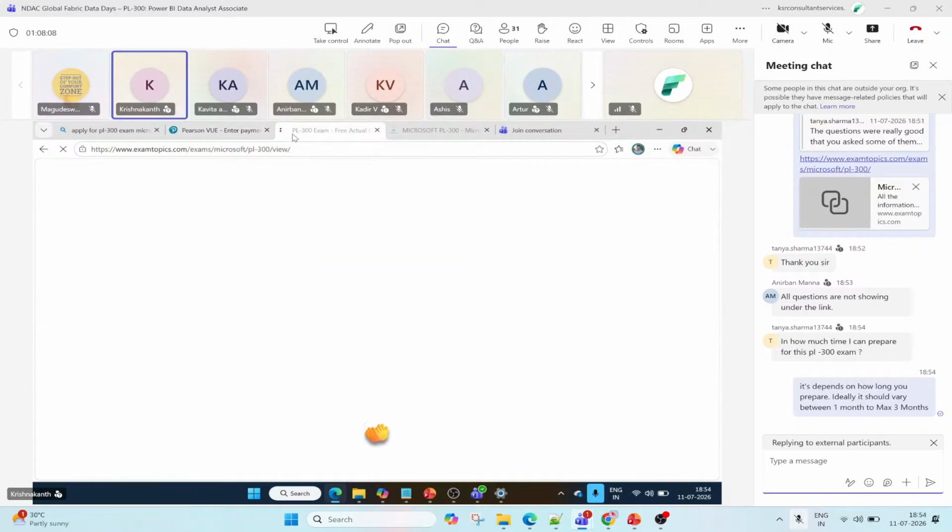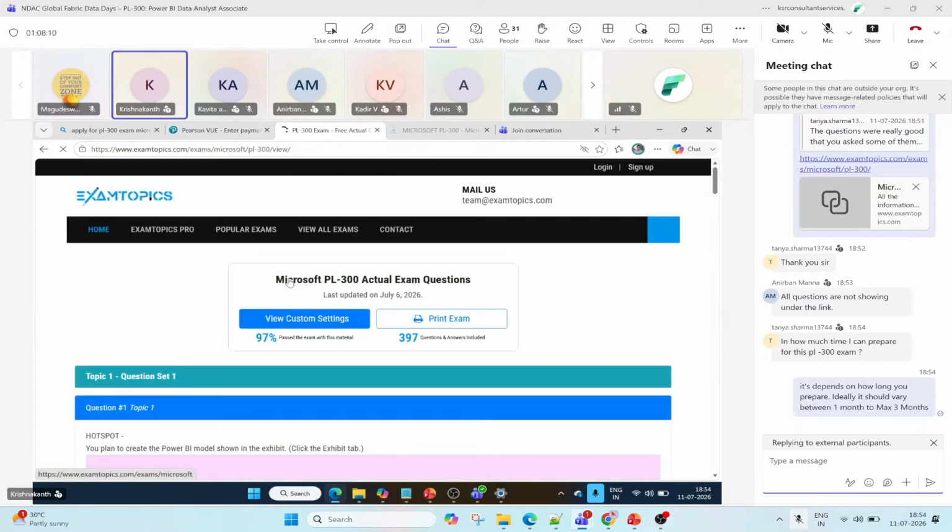And as I mentioned, right, exam topics. If you click on exam topics, PL-300, you can come to this page, where you can practice. Not immediately, try to complete the learning paths, try to complete the modules, try to participate in the data challenges and the hackathons. How much ever you can do, please go through and participate in those data challenges, so that you'll be more familiar with the features of the Power BI application tool. That's when you can come to the exam topics.